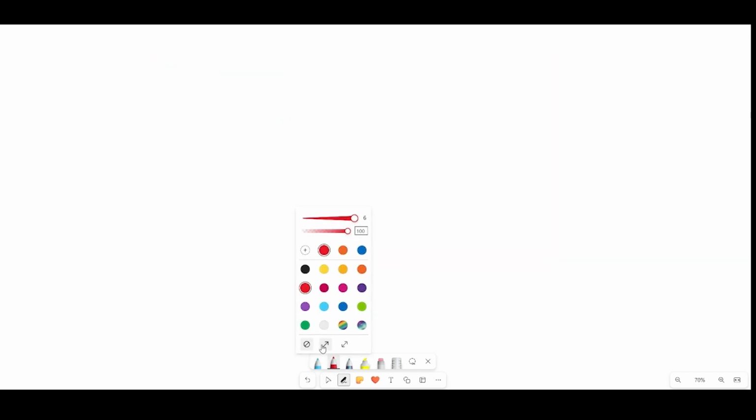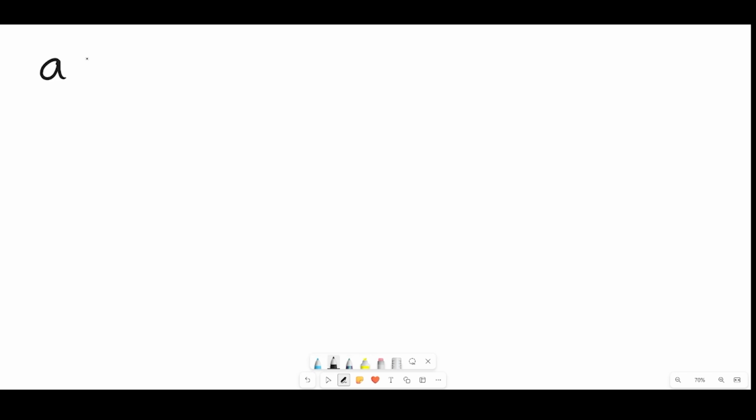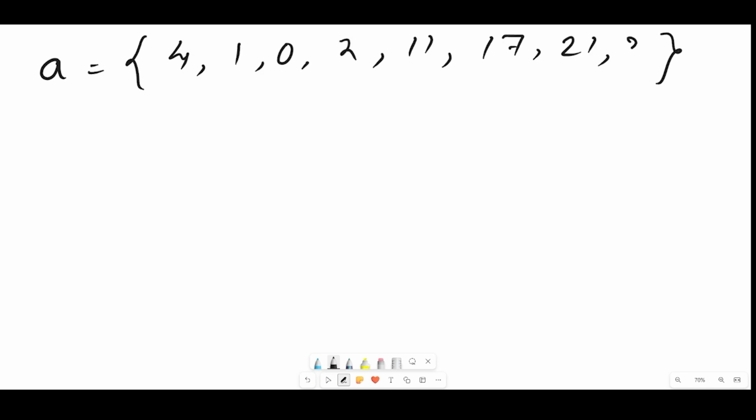Now, one very common question that we get is, if I have an array, let's say a is the name of an array, and we generally put numbers like this. So if I write 4, 1, 0, 2, 11, 17, 21, and 22. Suppose this is an array. We can also initialize and declare it like this. So int a is the name of the array. And here we have all the numbers or the values present. So we can give the bracket here, and 1, 2, 3, 4, 5, 6, 7, 8. So 8 numbers are there. So I have declared it and I have also initialized it.